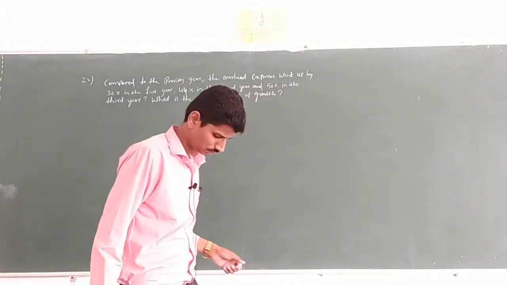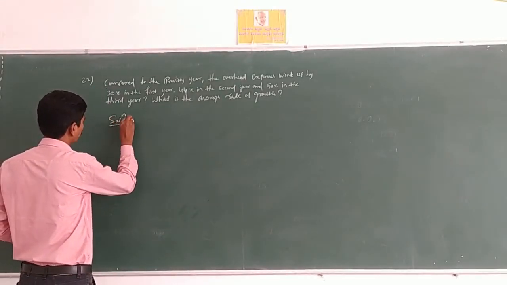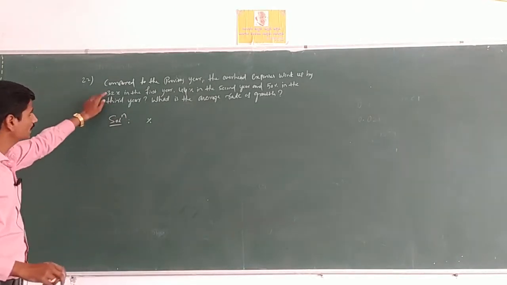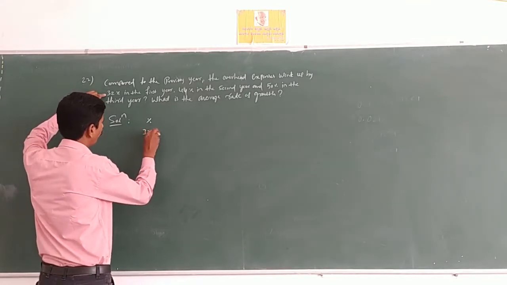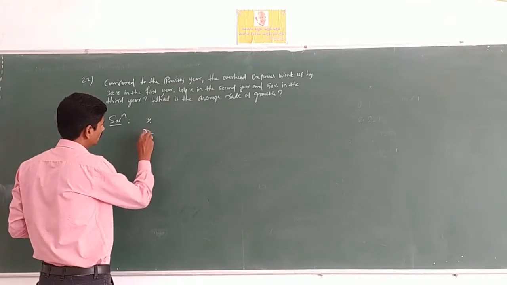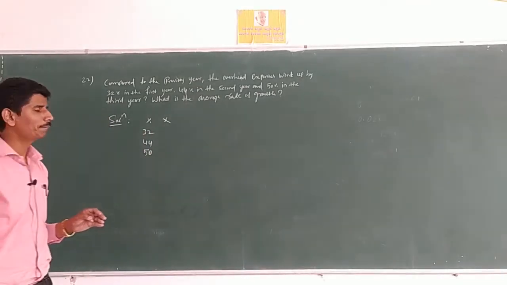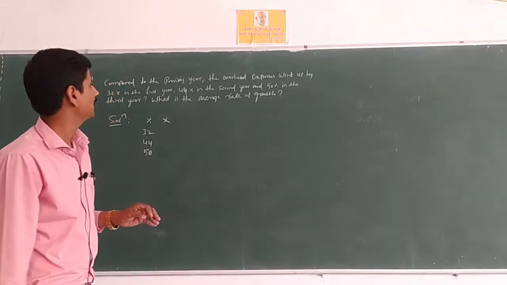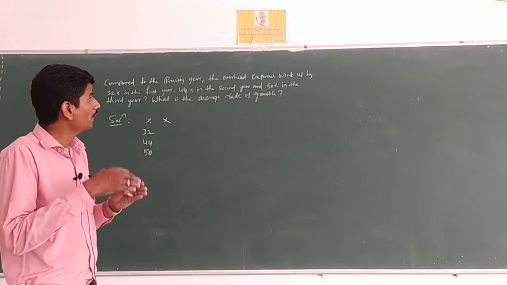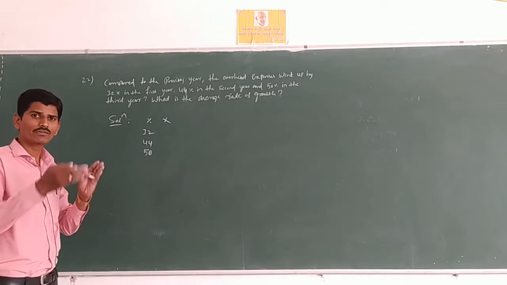Here is the solution. They are given percentages: for the first year 32, then 44 and 50. We want x values. How do we calculate x values? Here, compared to the previous year, you have to assume the previous year was 100. Initially it was 100. Then it went up, the overhead expenses increased, by 32%.